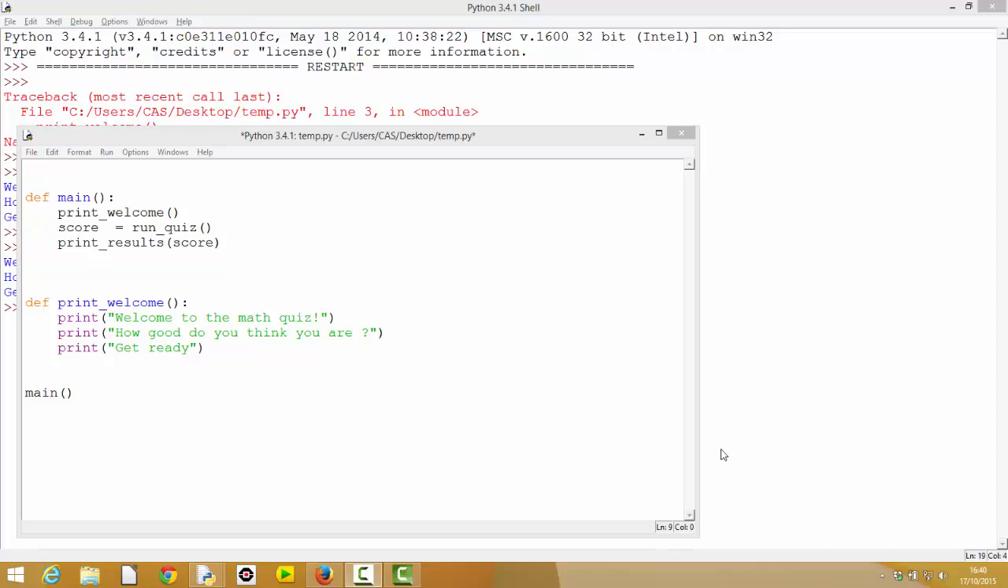Okay, welcome to part 2 of this. So we've looked at our main function. You can see now we have a main function here that's controlling our program. It goes off and calls a function called print welcome, which at the moment prints a welcome message, and we've already